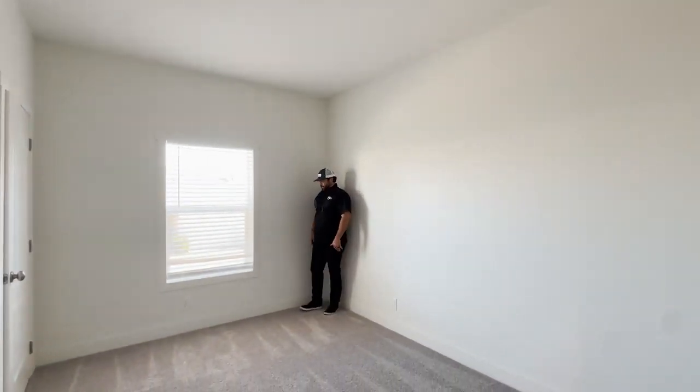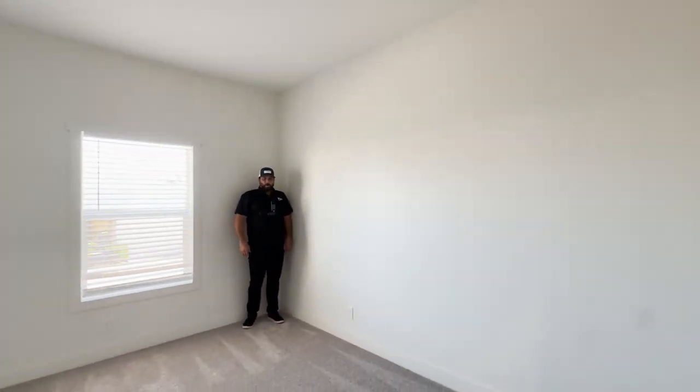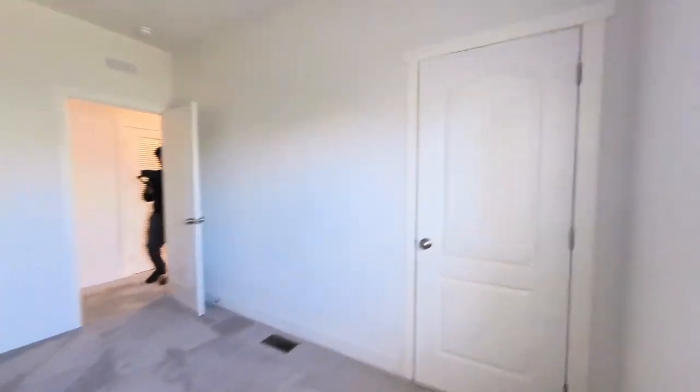Now this bedroom is very similar to the first bedroom that we walked. You could set it up the same. And then this closet is